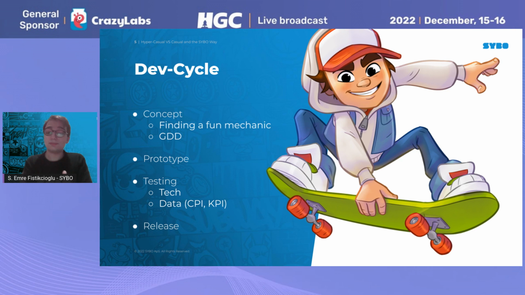Okay, we tested it. The data is cool. We have a good retention. We have low CPIs, and we have a good KPI. Then what do we do? We soft launch it. Then we iterate on it. This iteration part is mostly about polishing the game, fixing some bugs, and making some quality of life improvements. Then we release it.